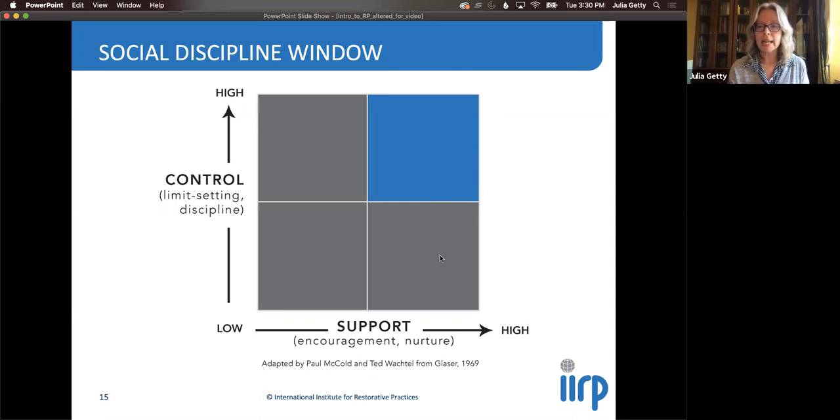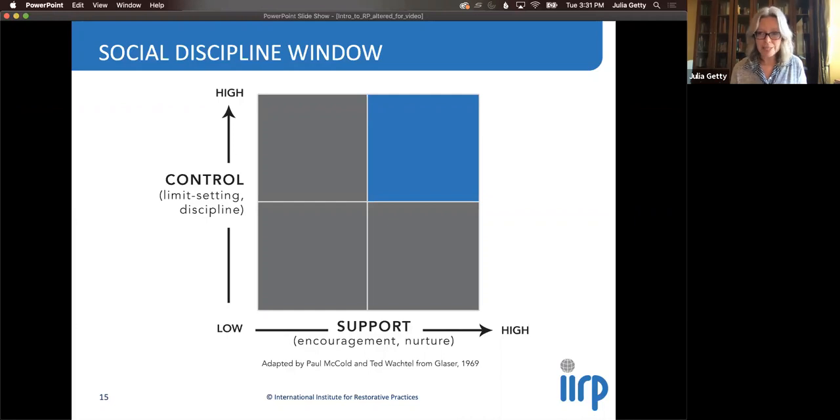On the opposite end of the spectrum would be the quadrant that is high support and low control. So as you could imagine, you would probably get the opposite results. This would be perhaps a classroom where students love to go because the teacher knows them and knows everything that's going on with them and understands all of their troubles and their challenges, and often will maybe bend the rules for them and lower the expectations, because to this teacher, it's the support that's the most important.